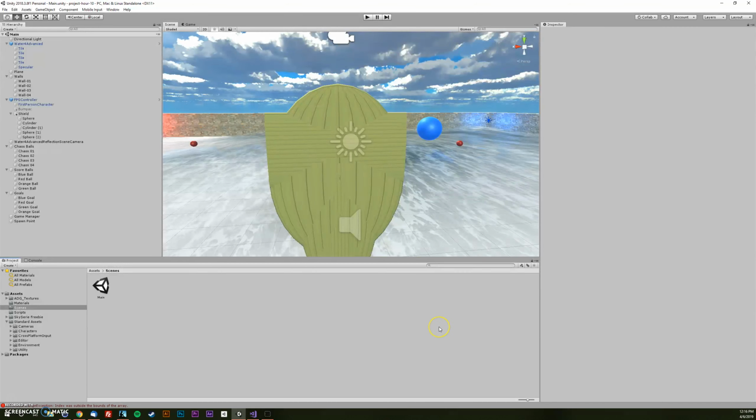I'm here to present my version of our 10 project Chaos Ball from how to learn to program Unity games in 24 hours. So this is my game,